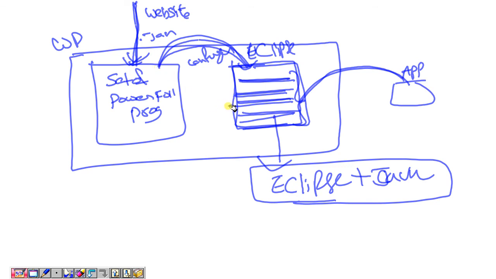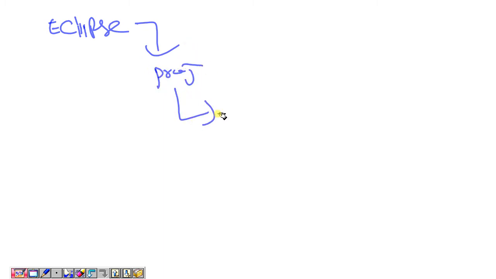In our next class we'll start with how to download and install Eclipse on our system, how to open Eclipse and how to create a project, and then start the discussion of core Java concepts.